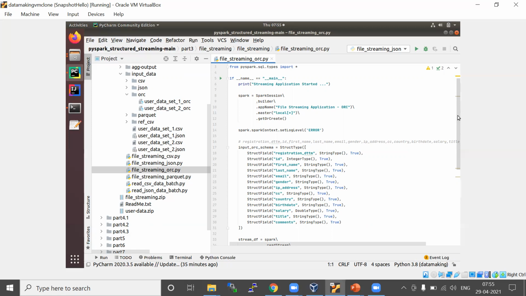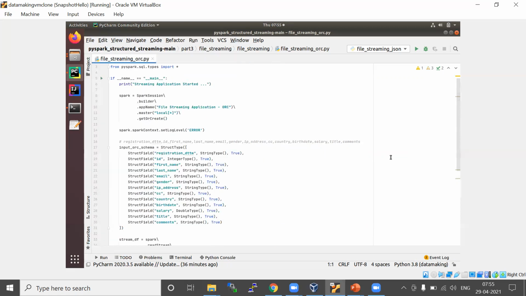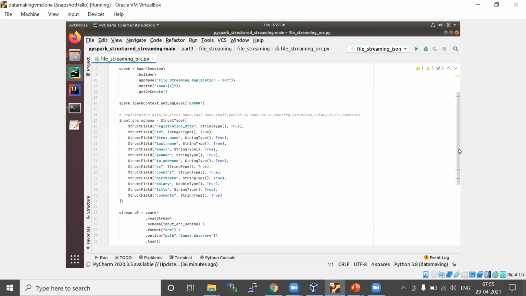So that's what they say. So one of the optimized file formats is ORC. So how do you read that ORC file? That's what we are going to see. The template is the same. So you just create a function object